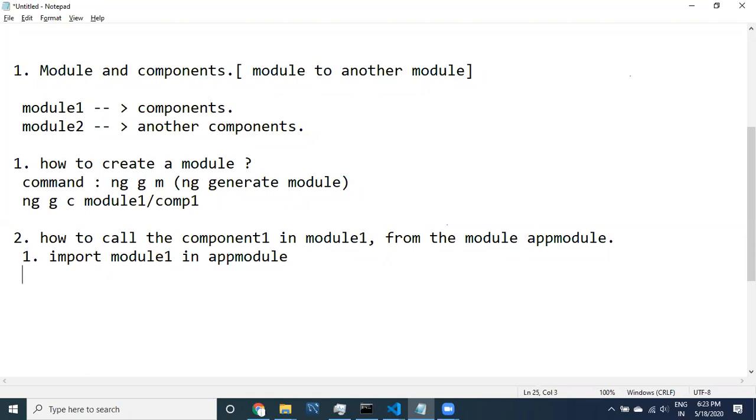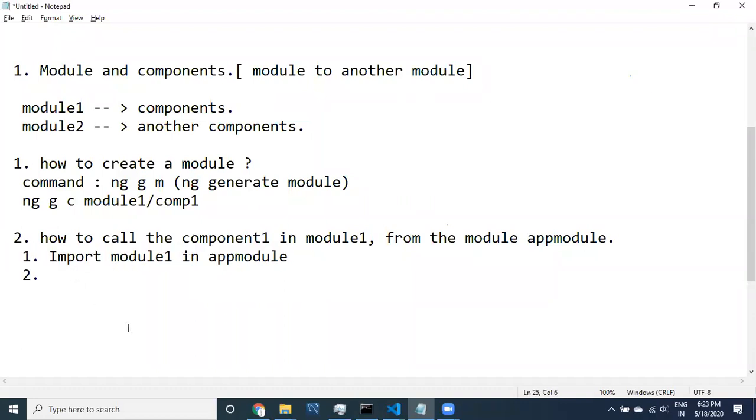Still, I did not show you the code, how to code it. First, I'm telling you the steps, the same steps I'm going to show you in the code, so that you people can do it. After writing the code, I'm going to copy paste the code into these steps. You can follow those things.